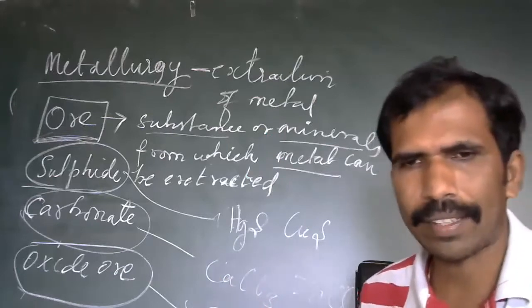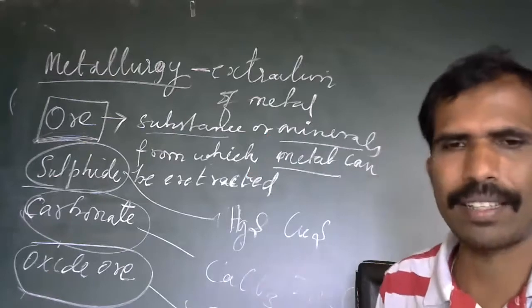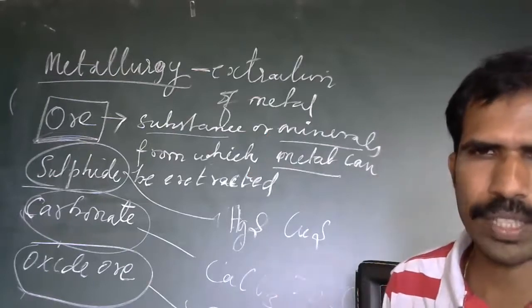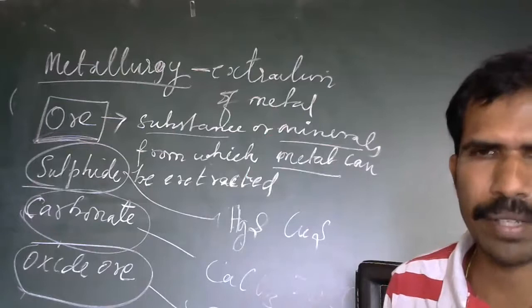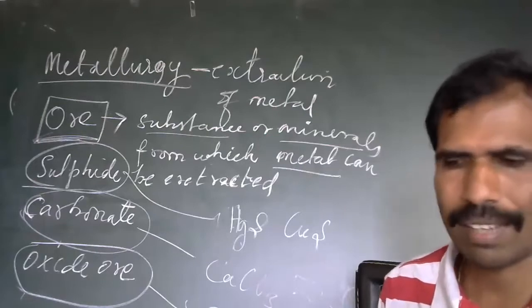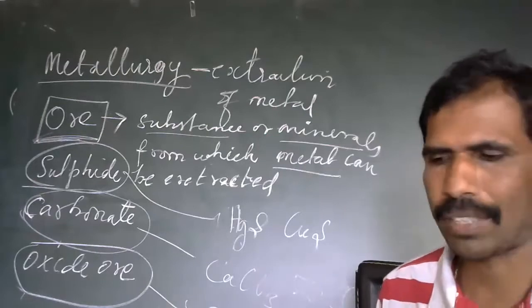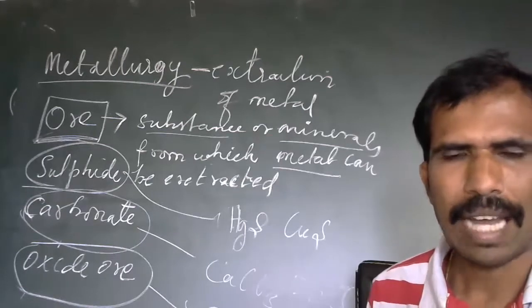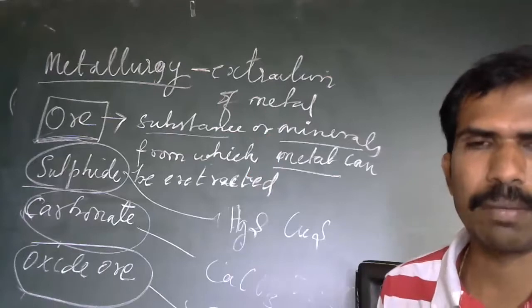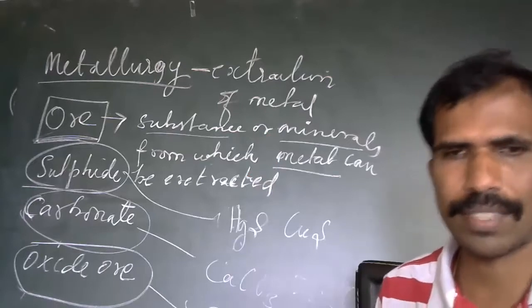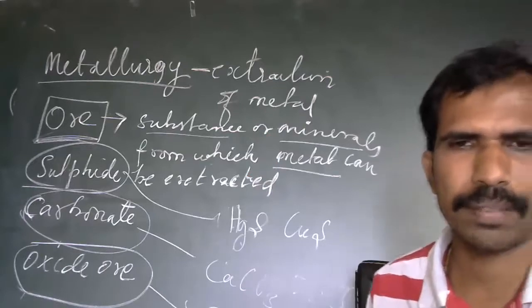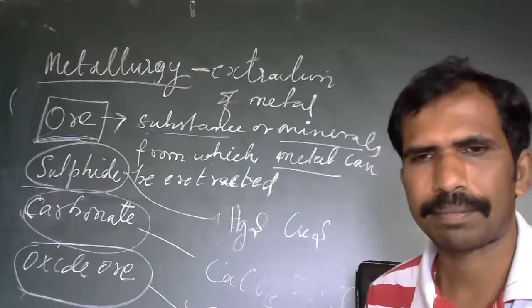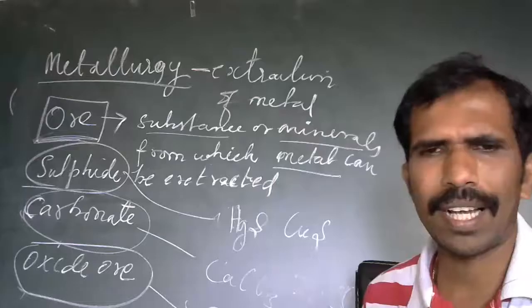Before removing the elements other than iron in the Fe2O3, we will remove the muddy impurities by simple washing. There are some methods. Magnetic separation is there, the flotation method is there. We use those methods to remove the washable impurities. Hydraulic washing is there in the case of Fe2O3. There are many methods.